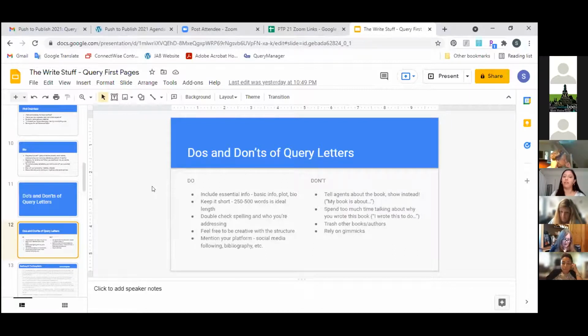Feel free to be creative with the structure of your query letter a little bit. I know oftentimes you get into a rhythm of like, hi, I'm so-and-so, querying with my novel. That's a 100,000 word fantasy novel. That's X meets Y. And then here's the plot. And then here's my bio. And thank you for your time. Obviously that works. That structure does work. I won't lie to you, I have some clients who did that structure.